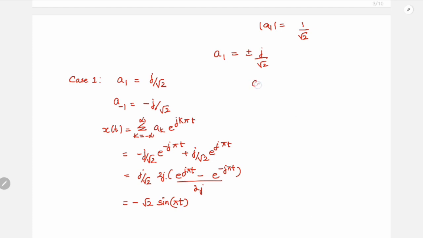In the other case, we have a1 equal to minus j by root 2. So a minus 1 is plus j by root 2. So x of t will be j by root 2 e power minus j pi t minus j by root 2 e power j pi t. So x of t is